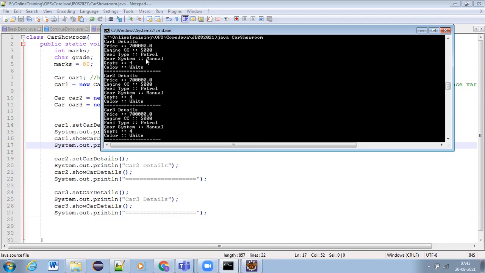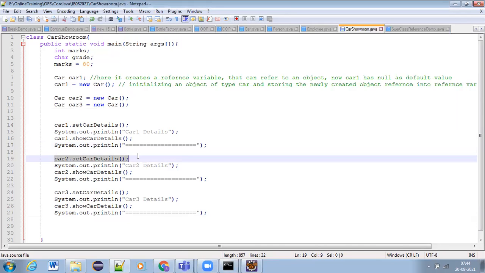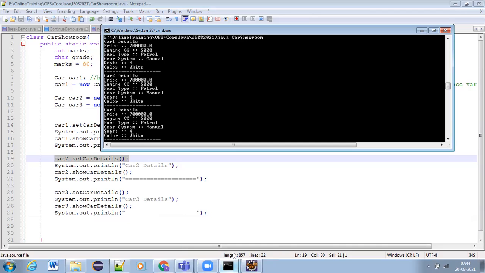So every object's information we have to set manually like this. We have to set the information for an object, then only we can deal with the business properly and we can get the information.